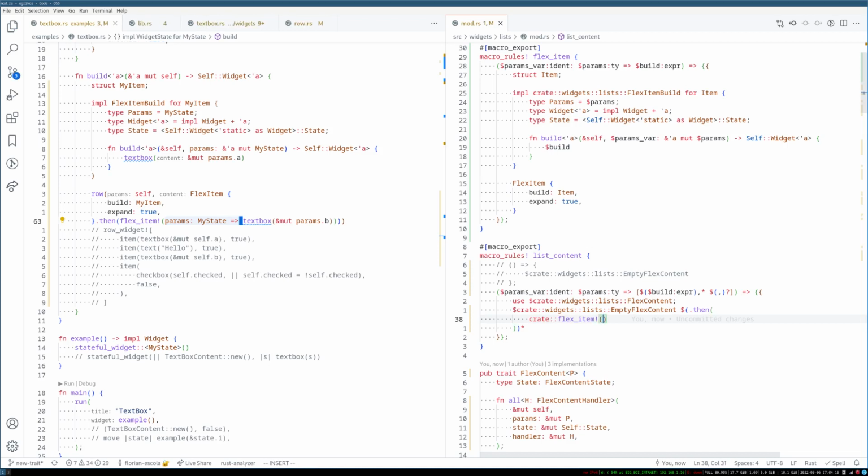So params var, then params and then, wait, colon, of course, and then right, since this is in a dollar sign with a star, it repeats for